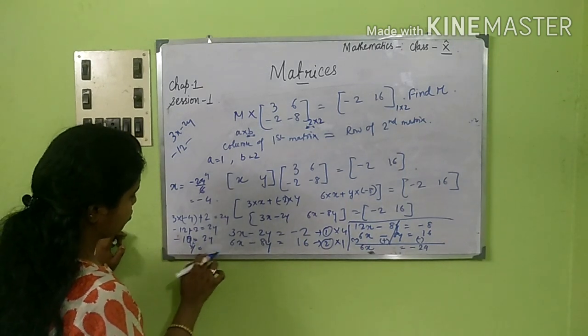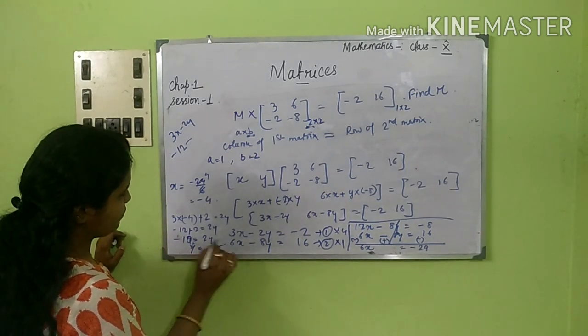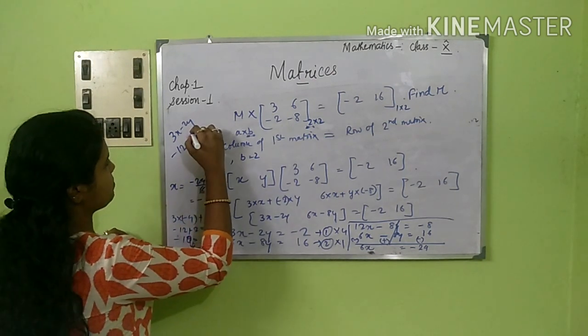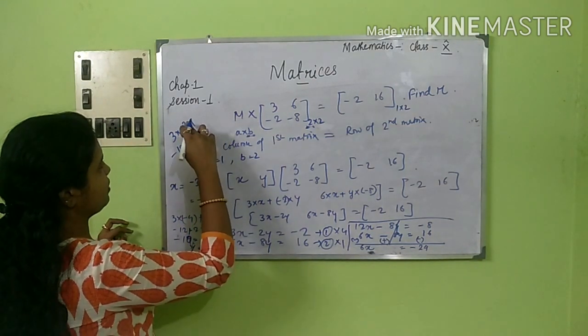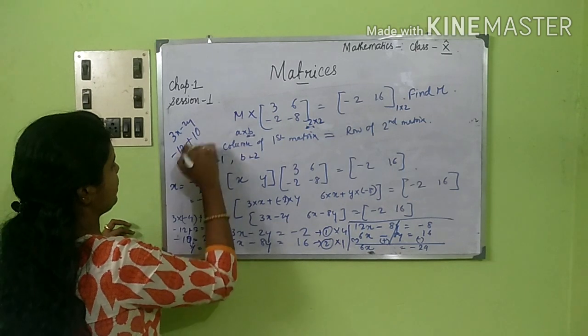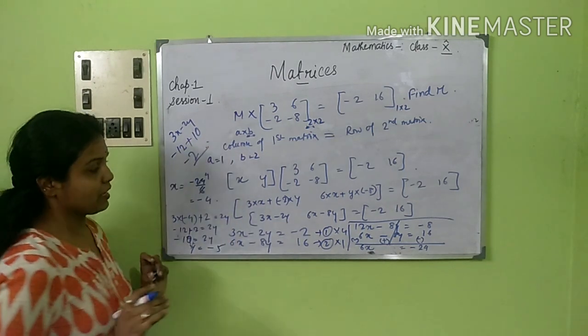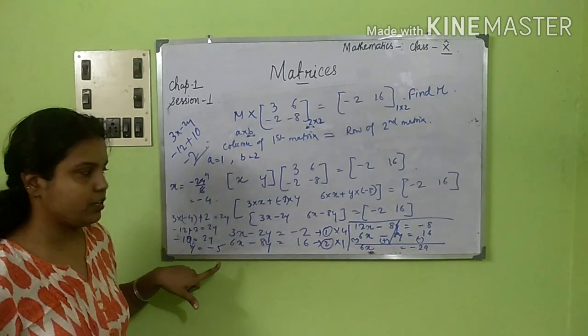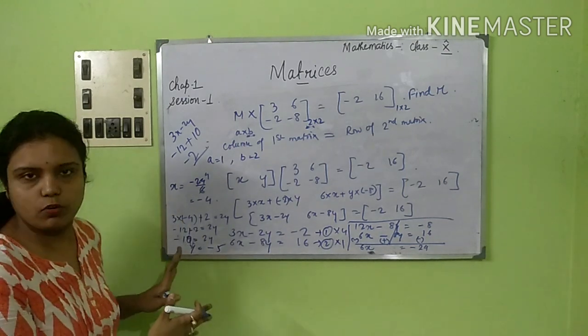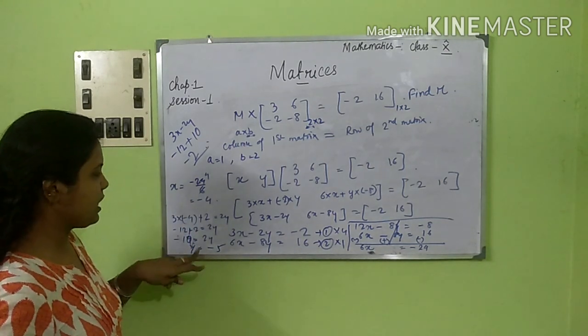Y is equal to, here it will come to minus 5. So as soon as you are multiplying, that is minus 5 into, that is coming to 10, you are getting the answer 2. Now you can correct it. There was a small mistake here with the calculation I have done in such a small part. So please be careful whether